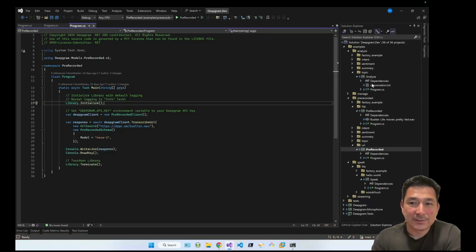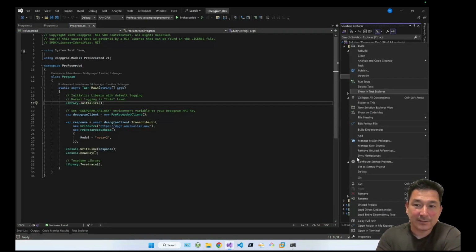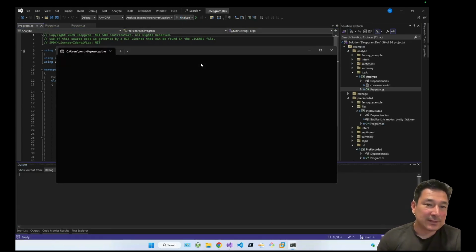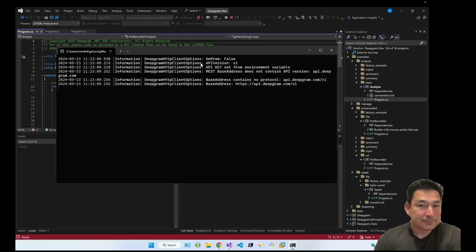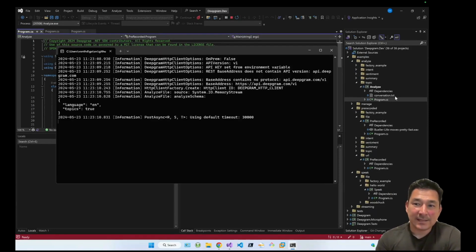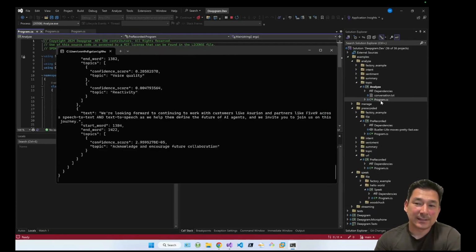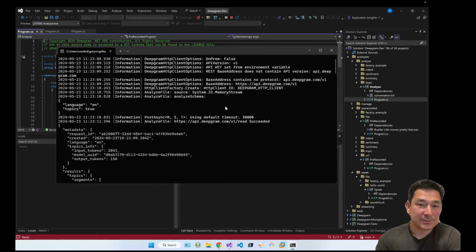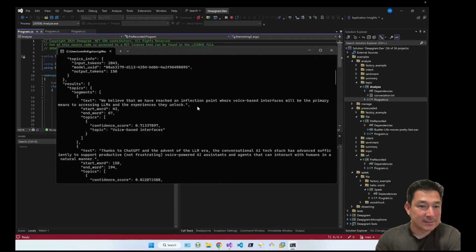And if I were to just pick another one, you can see an example, analyze topics. So if we wanted to run the topics example, you can just right click here, set as startup project. We can see the source code for it right here. If we run the debugger on this particular example, it will take this text file right here, at the same level as the example, and pass it through the analyze or the read API to get topics. So you can see all the topics that are generated based on this particular sample text file.